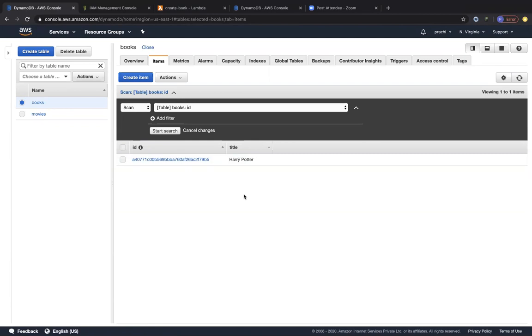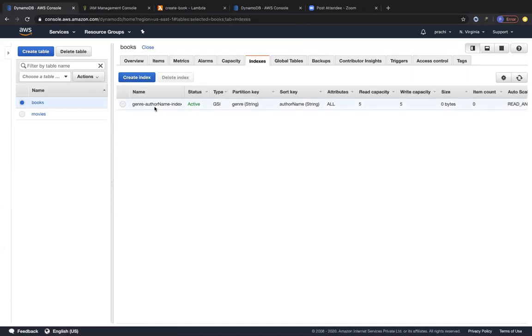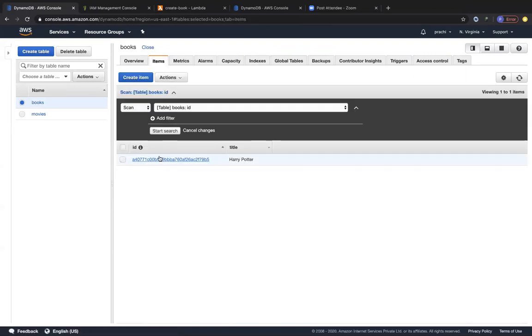And now when I talked about the global secondary index, you can see over here we do have scan and query, but over here we do have two options. So I suppose that should also show up. Okay, so it's only showing the books, but let's change this to query. And you can see it's still showing only books because we do have the partition key. But let me see how we will be able to do the search based on our global secondary index. So yeah, we don't have the author name. That's the reason why it's not showing genre and author name over here as one of the searches. So you should have those two columns in order to search based on your global secondary index. So that's something that you can try out.